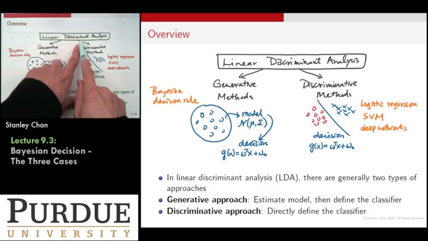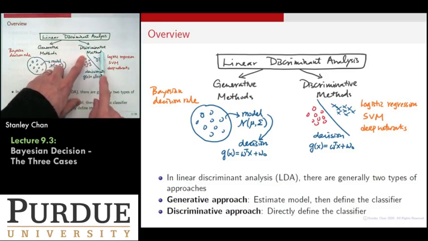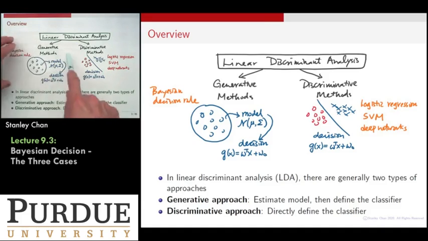Now, the alternative approach to linear discriminant analysis is called a discriminative approach, where you look at the data sets and then just directly draw the decision boundary. That would involve logistic regression, SVM, deep neural networks, etc. Okay? So we are on here, and we want to understand the principles, the geometry, and also the performance of